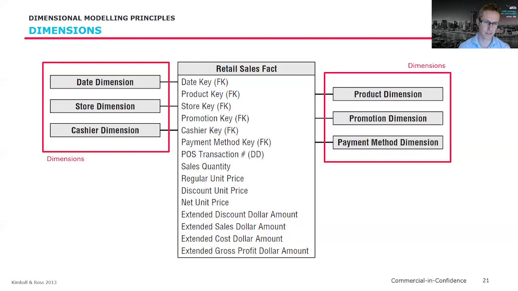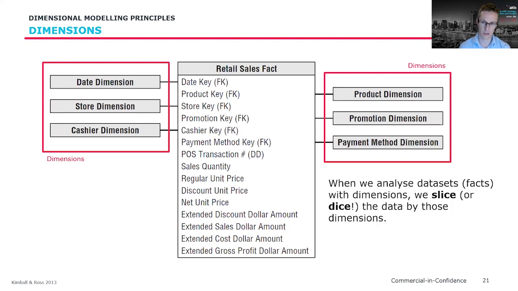So here's our first look at what a dimensional model typically might look like. We've got our fact table that's capturing our sales process, and around the side of it, we've got the things that we want to then ask the questions around this sales business process. So being able to analyze our sales quantity and the dollar amounts by these things such as our store, our cashier, what the product was, whether it was on promotion, what payment method it was. These are the things that enable us to slice and dice our business process and analyze it in more depth. And that's where dimensions come into play.